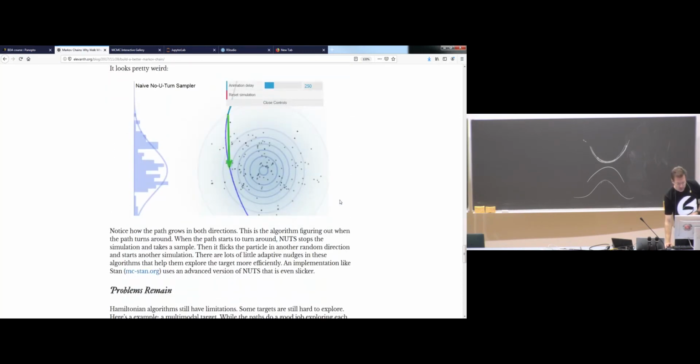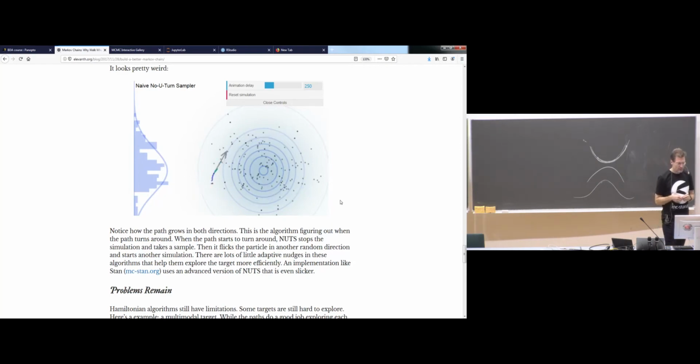And you can see one simulation here. It can sometimes miss the U-turn, but you can see that it's often not coming back. You also see here now that it's actually simulating in two directions.